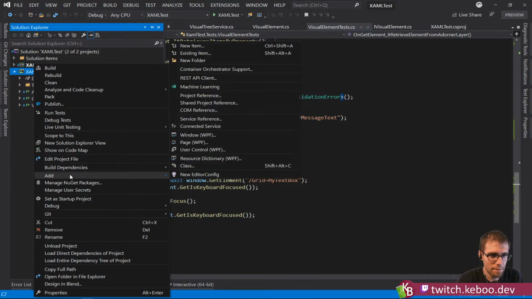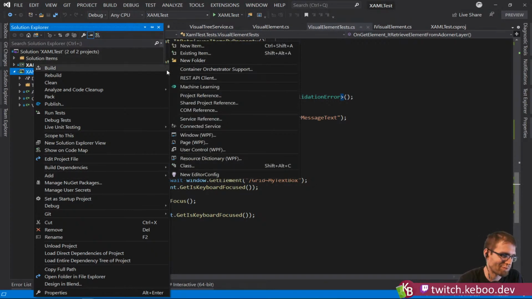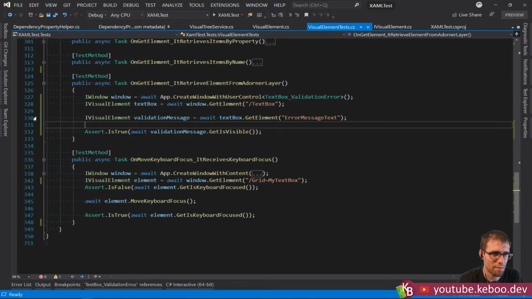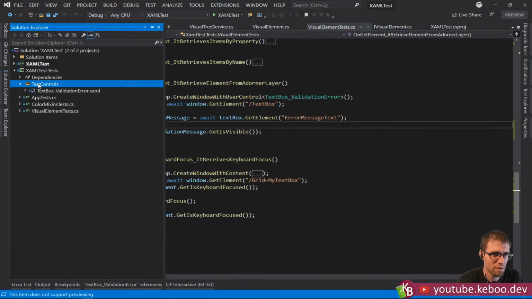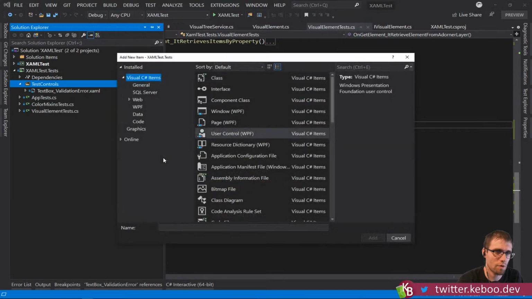I'm still struggling on figuring out how to organize this. Make an attached properties namespace and just put it in there. Do I make something in here? Let's just do it in here. So, new user control. What should we use here? Let's do something like text block